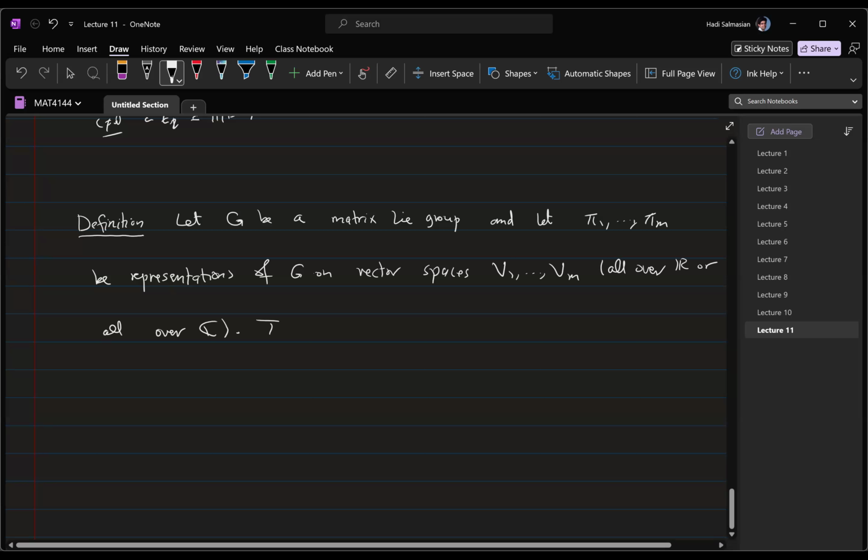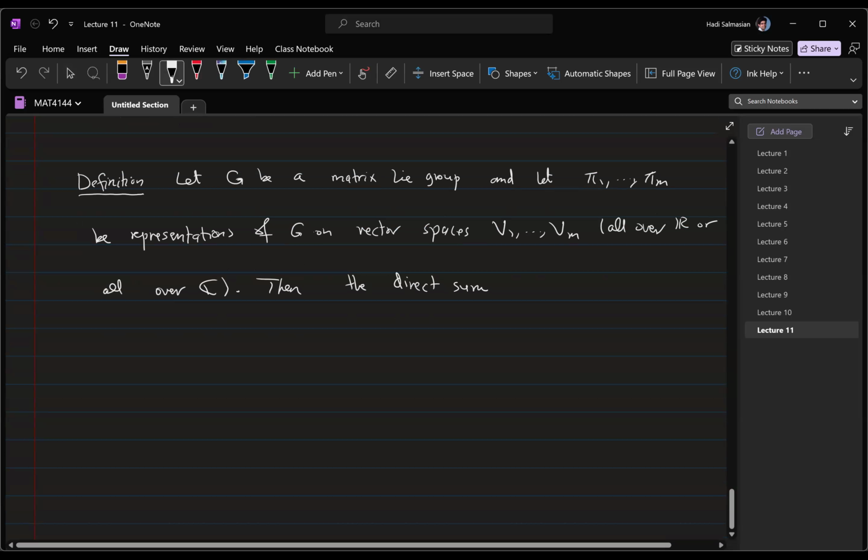Then the direct sum of pi 1 to pi m, which I'll define momentarily, is also a representation of G